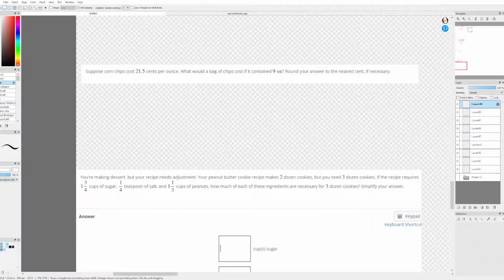This one is asking us to figure out what a bag of chips would cost if it contained 9 ounces. And it says that there's 21.5 cents per ounce. So with this one, we really can just do 9 times 21.5, which will give us